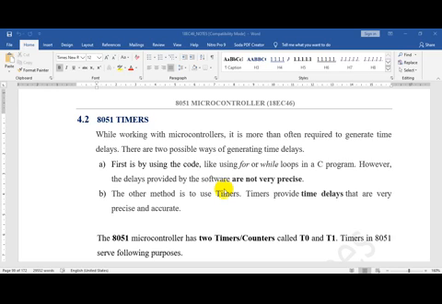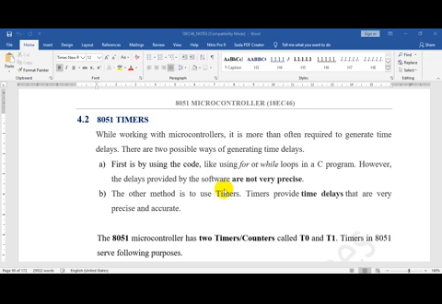When I take up the interrupts, I will tell you the reason then. In that method the processor gets involved and the processor cannot do any other job. So the practical way of generating delays is to use timers using the interrupts.